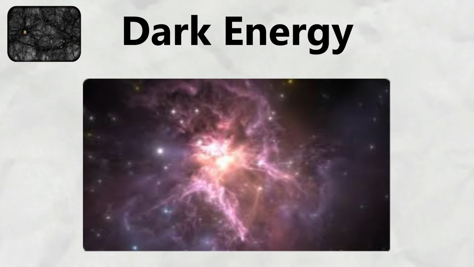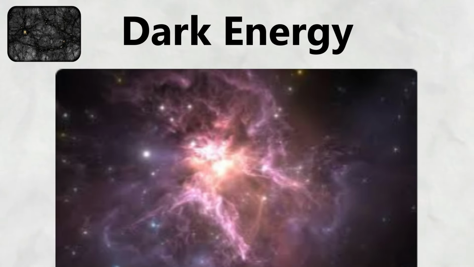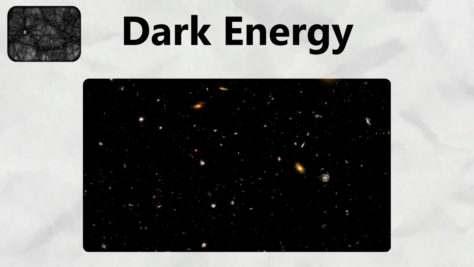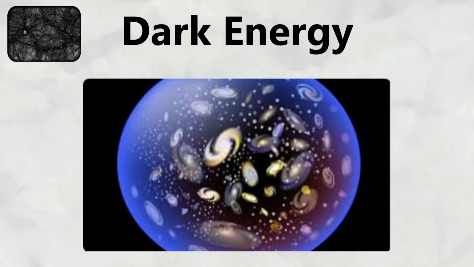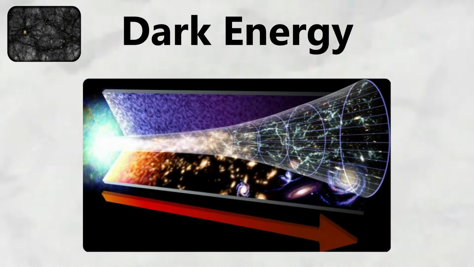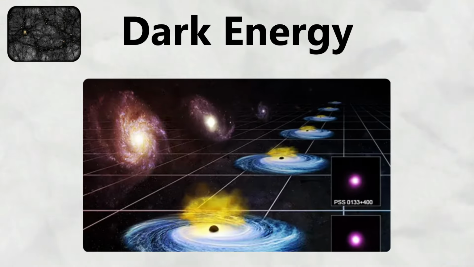The leading explanation for dark energy is Einstein's cosmological constant, a mathematical term he originally added to his equations of general relativity to allow for a static universe. Einstein later called this his greatest blunder, when Edwin Hubble discovered that the universe was expanding. However, the cosmological constant represents the energy density of empty space itself, which could explain dark energy's constant density and